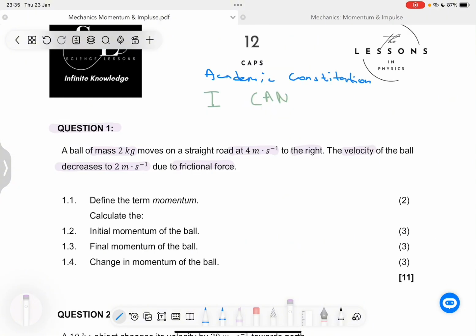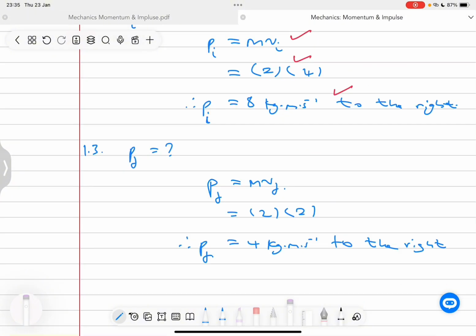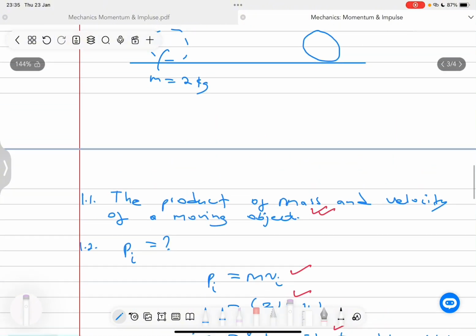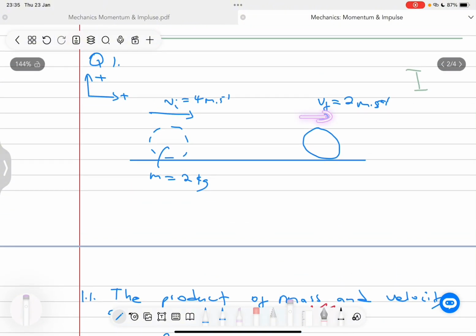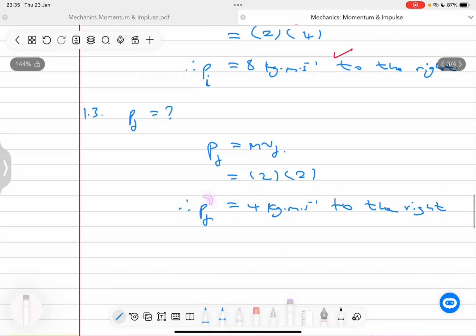In fact, let's navigate this problem and see if it makes sense and it doesn't have errors. Our answer is positive. That means it goes to the right. And when we look at our velocity, it also goes to the right. Remember that velocity and momentum are directly proportional, meaning they'll go in the same direction, in as much as they increase and decrease with the same